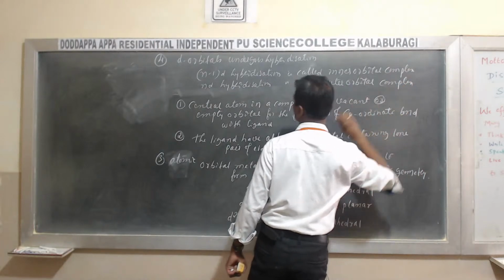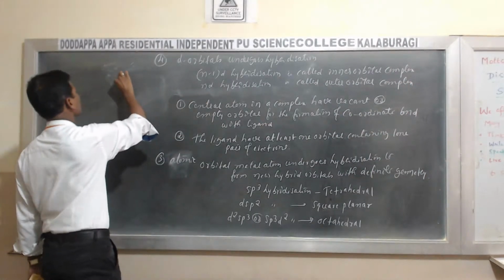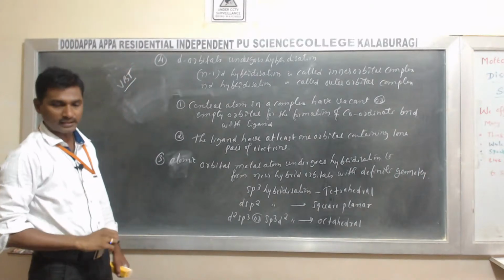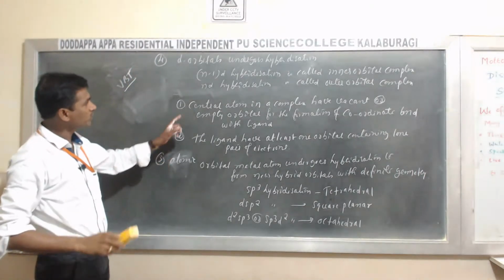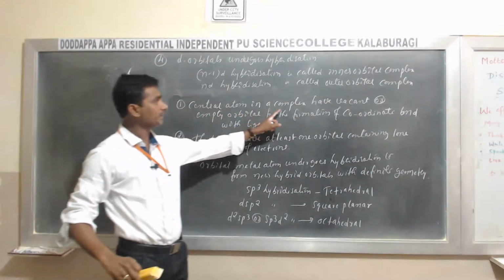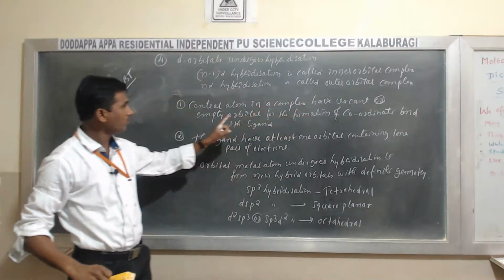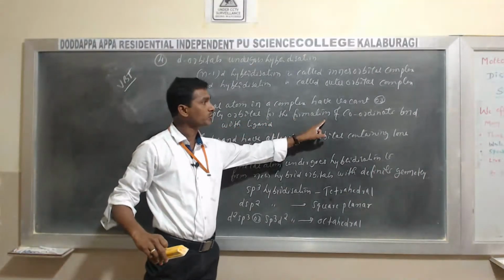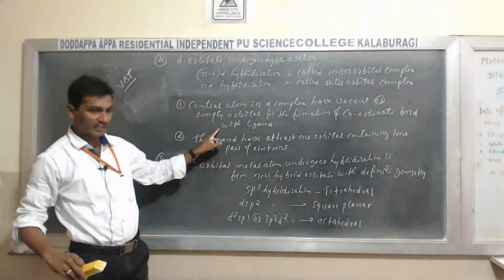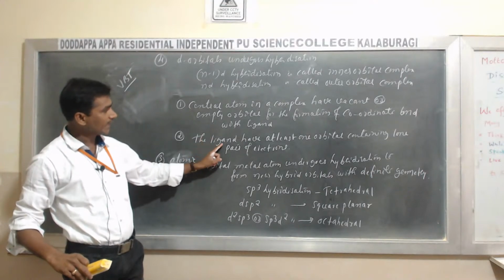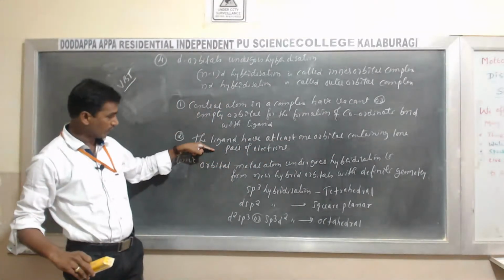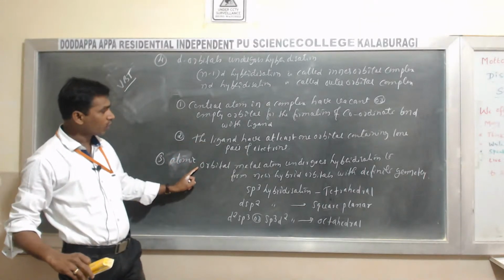Yes. So here we are discussing the postulates of VBT. The first postulate: the central atom in a complex has vacant or empty orbitals for the formation of a coordinate bond with ligand. The second is that the ligand has at least one orbital containing a lone pair of electrons. And the third, the atomic orbital of